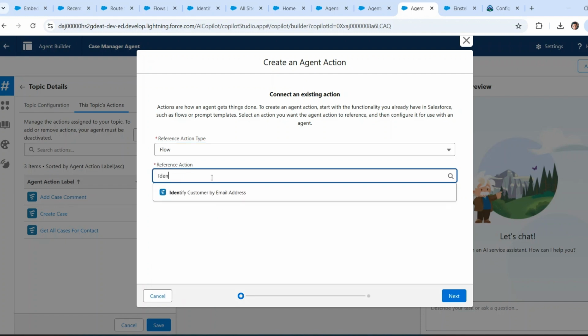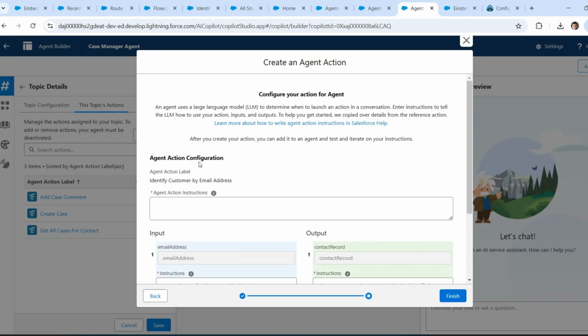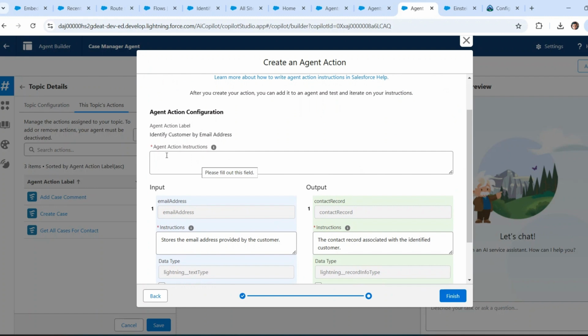Then search for the flow we just created. Identify customer by email address. Click on next. Here are some attributes that we need to define. We'll first give the instruction to this agent action what it is capable of doing. So it will get the contact record based on email address